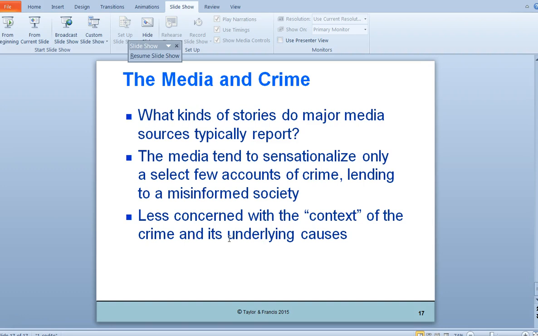Even with the last shooting that happened at the school in San Bernardino, with the husband shooting his wife. If you listen to all the media reports, they just talk about the actions and what happened. They don't really go into anything that has to do with it, and they really don't care about that part. They just want that attention factor.